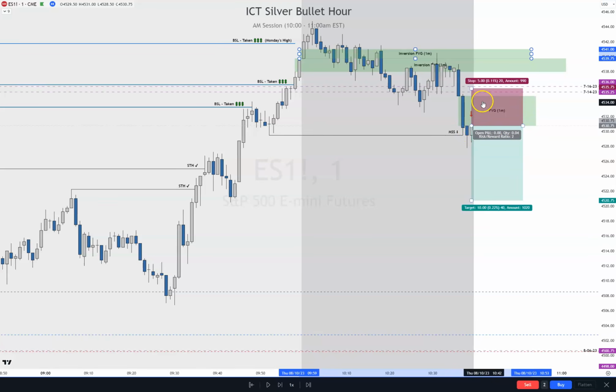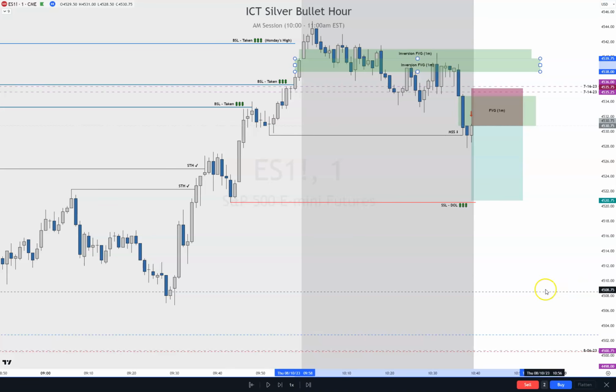If for some reason I get taken out here and it comes back up here, I don't expect it to stay long because these have been holding price really well, right? I mean, you've got 1, 2, 3, 4, 5, 6, 7, 8, 9 candles holding price, and it's a balanced price range. So I'm taking a trade here, and I'm aiming for 2 to 1. I'm aiming for this low right here, so let's mark that here.